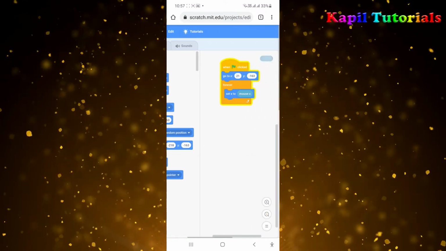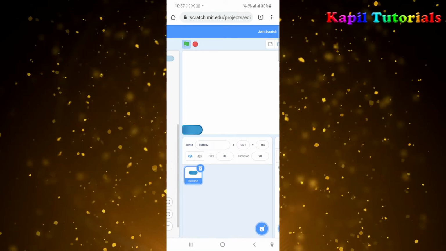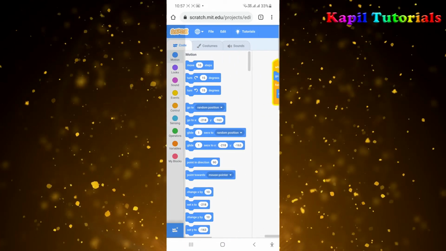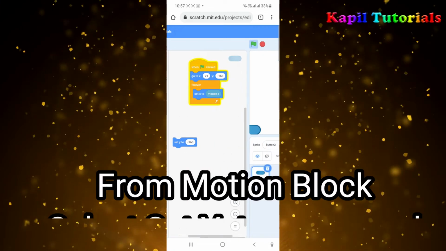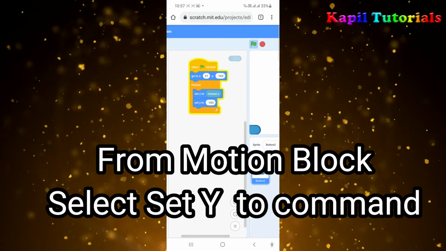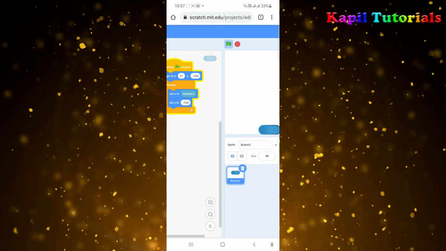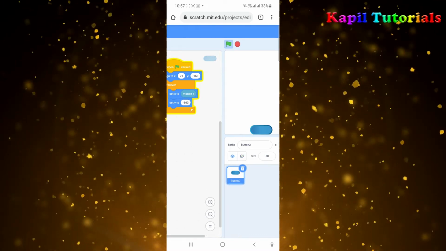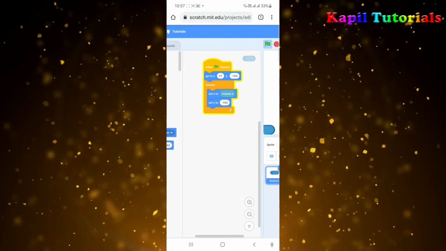It will take the default value of Y. Presently it is -163. So I'll take this set Y to -163 and I'll place it here under this loop. What it means is, whenever the loop is moving and when I run the command, even if I take it up, it will come down, because this Y command under the loop will bring it down.